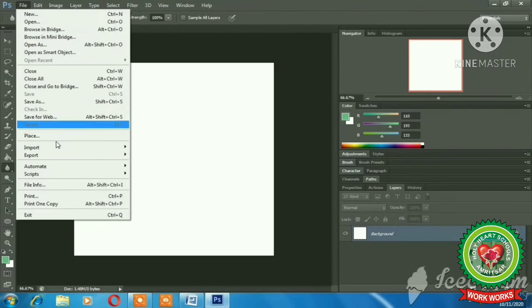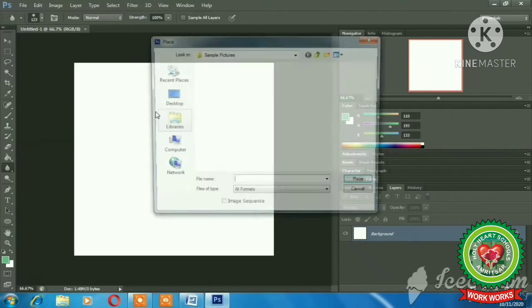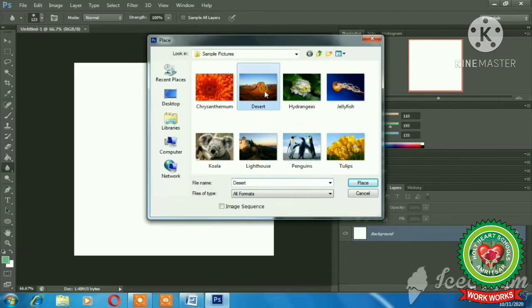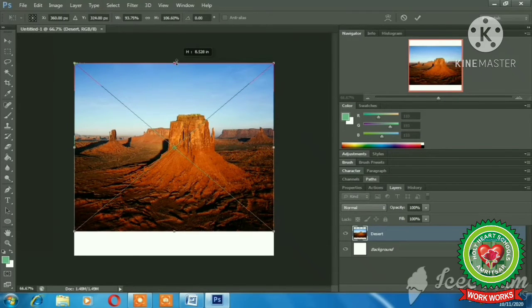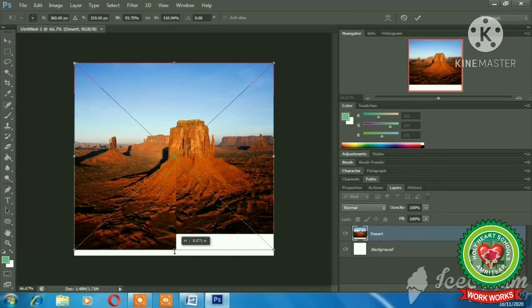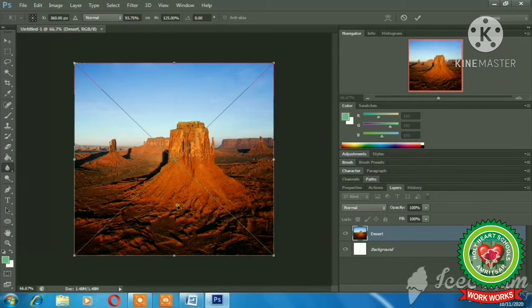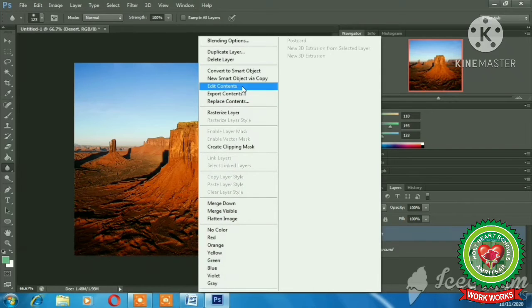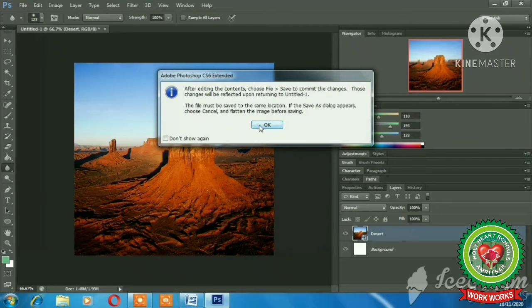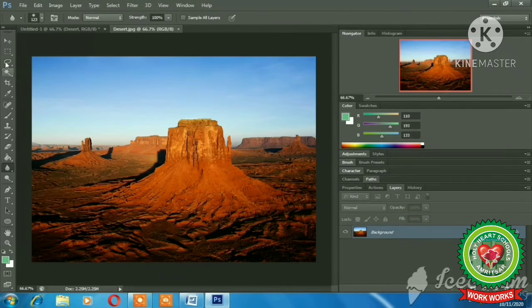Click on File menu, Place option, select this image, click on Place button. Hold and drag the mouse to adjust the height and width of the image. Double click. Right click on the layer, edit content, click on OK to make the changes.